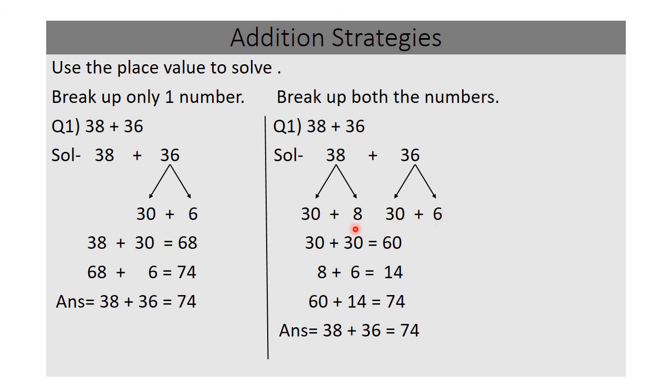And now the first number which we have got after breaking up 38 and 36 is 30 in both the cases. So we are going to add 30 with this 30. So now we have 60. And now the second numbers which we have got are 8 for the first number and 6 for the second number. So 6 plus 8 or 8 plus 6 is 14. We will add them as well. And now in the very last step, both the sums, 60 and 14, will be added all together. So now we have 74. So the sum of 38 and 36 is 74.